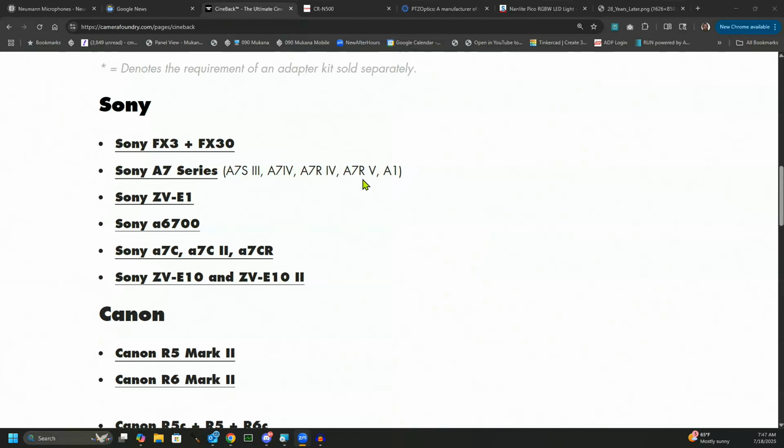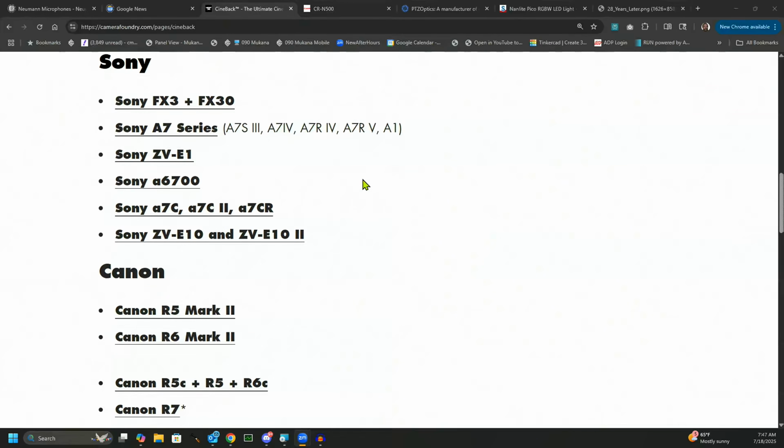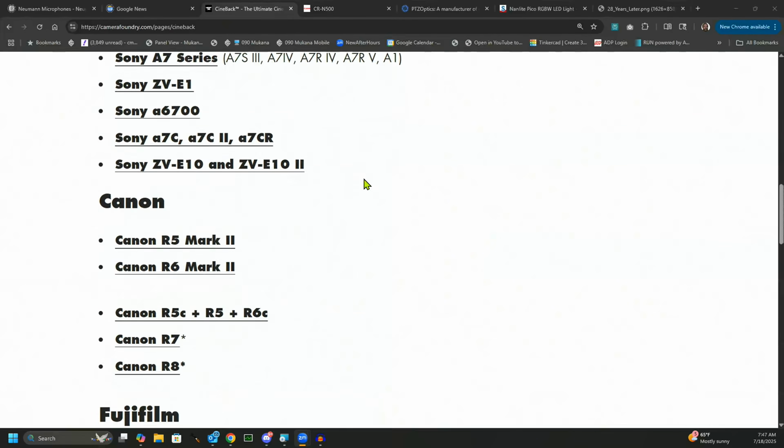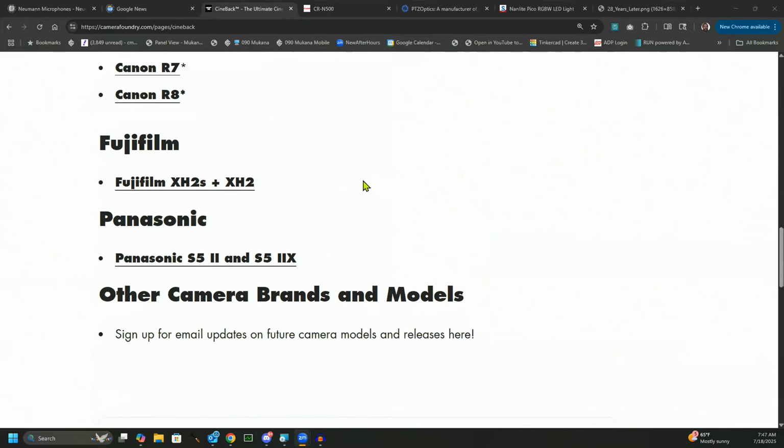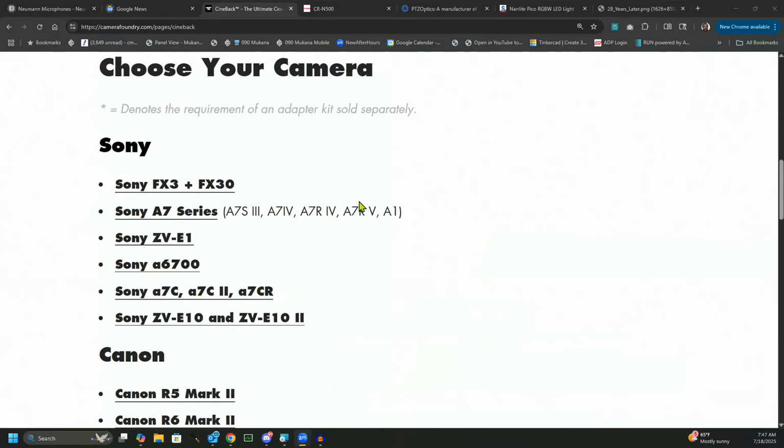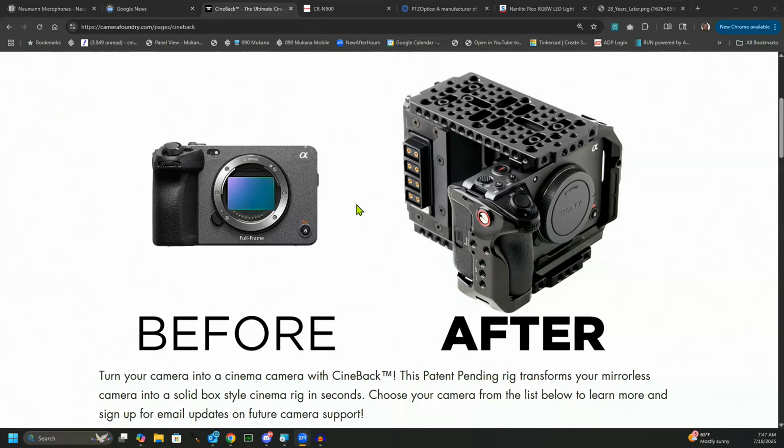So it's handy. It works with apparently a variety of different cameras. I'd be careful about, depending upon the camera that you're using, whether or not it blocks access to the battery. That's an important consideration. Or it probably has a dummy battery that you can plug into each of these that will connect to this DC distribution unit back here, so you won't have to mess with that battery door once you get this whole mess mounted together. So it looks like an interesting way to turn your DSLR handheld,